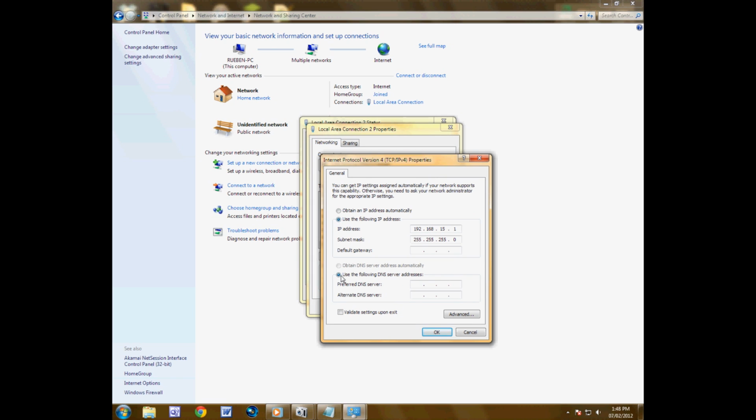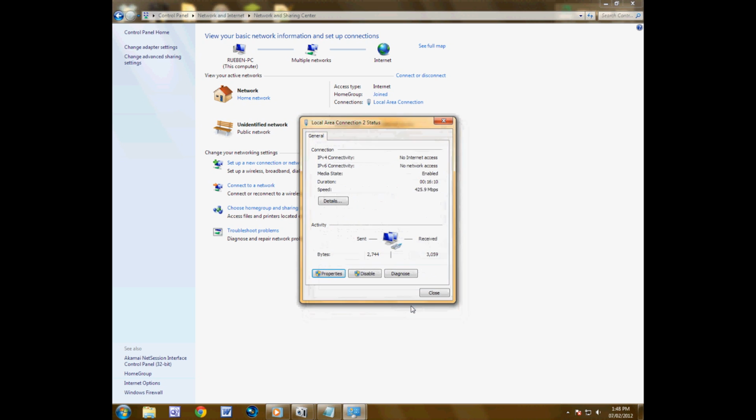192.168.15.1, and then the subnet mask is 255.255.255.0. Okay, so we're going to press OK. That's fine. Close that window, and we're going to run a program. I'll put a link in the description called